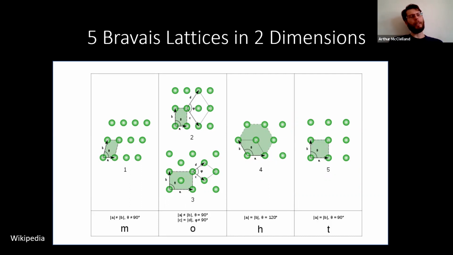It's an interesting experiment to sit down and try to figure out if you can make another one. I did it just as a thought experiment for a while. But if you have length A, length B, and some angle, that defines all of the monoclinic. If you make the angle 90 degrees, that puts certain restrictions. You have A and B and a certain angle. You can't arrange things and have a repeating unit beyond these 5 different ways. So we have 100 elements, and in 2D, we have 5 different ways to arrange them. It sounds like we're getting a little bit limited on what we can make, but not really.